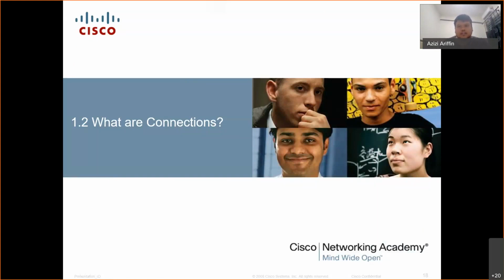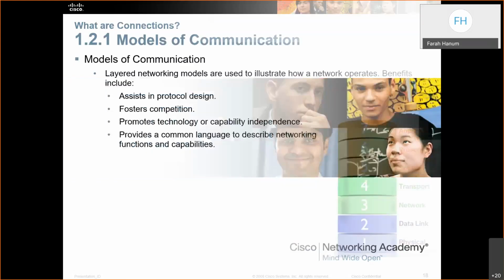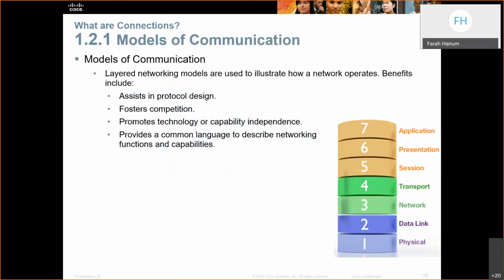So next is what is connection? What are connection? So of course, kita ada model of communication. So ni recap balik apa yang kamu belajar dalam kelas TCP/IP. Kita ada OSI layer. So OSI layer ni, kenapa kita ada? Supaya kita boleh standardizekan mode of